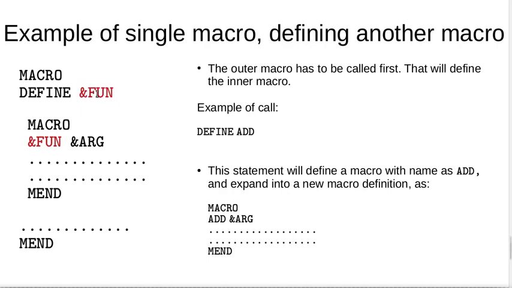In this case, the macro name is &fun. Is that the actual name? No, that is just a dummy argument which we will replace by providing the real name that we want for the inner macro, and we will provide that by calling the outer macro during macro call. Fine. So this is why we were saying initially that this method is supposed to generate a set of similar macros. This can be used to generate a set of similar macros.